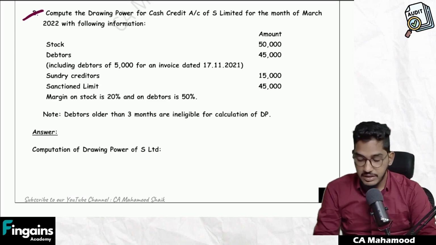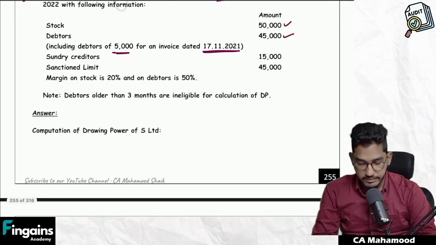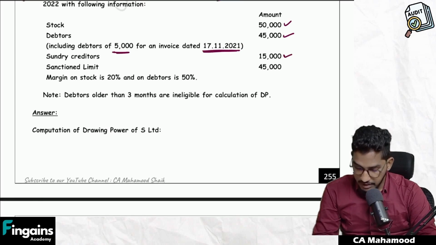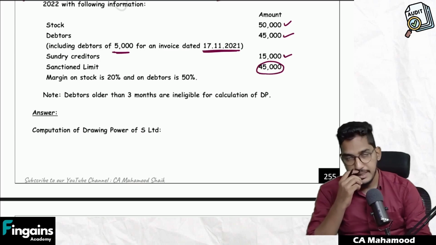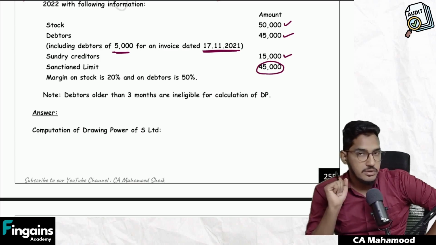Compute the drawing power for the cash credit account of S Limited for the month of March 2022 with the following information. They have a stock worth 50,000. They have debtors, including debtors of 5,000 rupees for an invoice dated 17/11/2021, for 45,000. Sundry creditors, they have 15,000. Sanctioned limit is 45,000. One thing you always have to remember: drawing